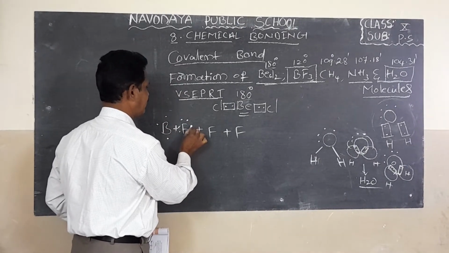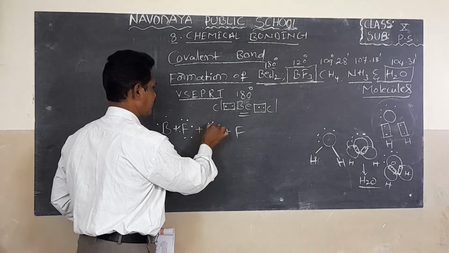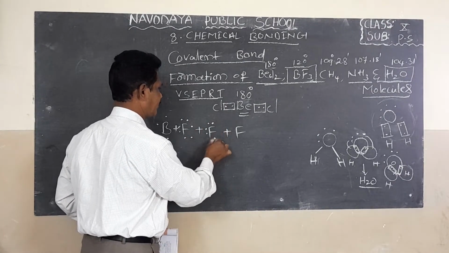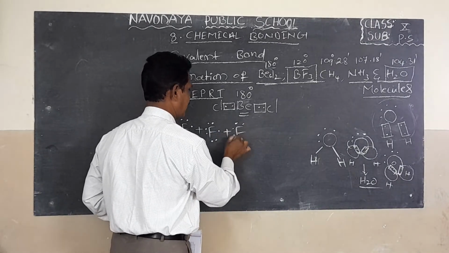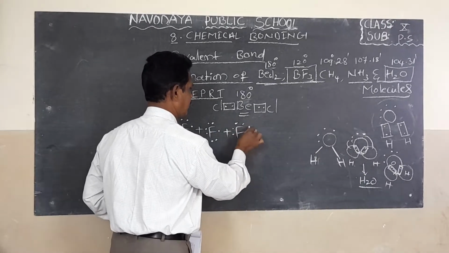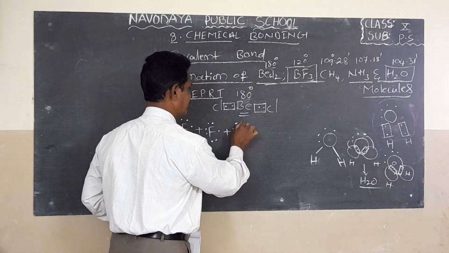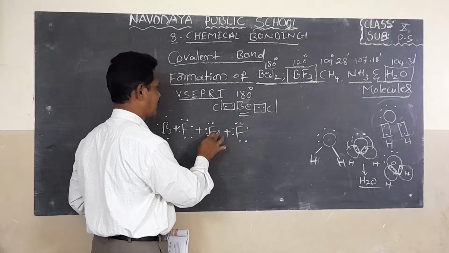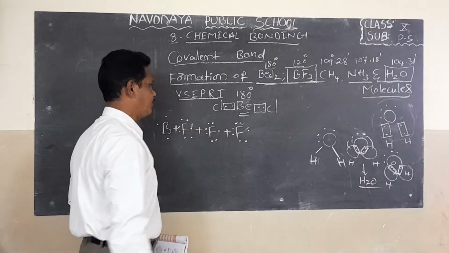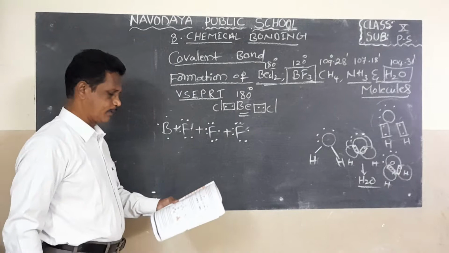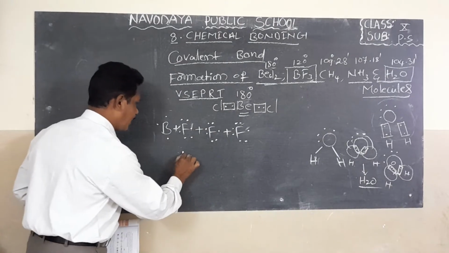6 electrons. This is the 7th electron, the 7th electron of the fluorine atom. So boron